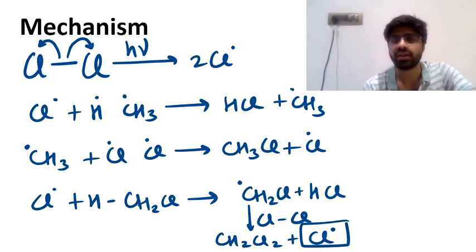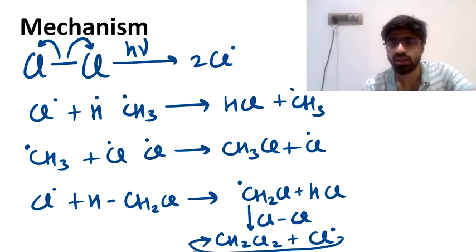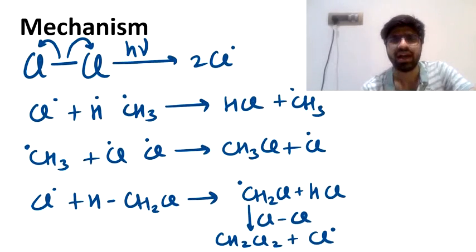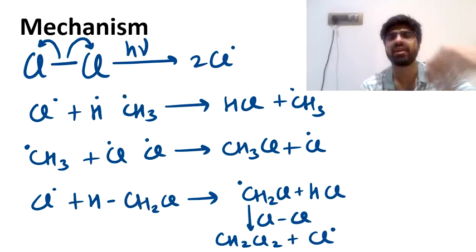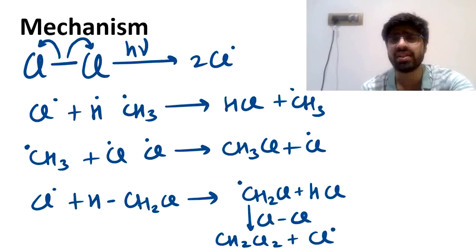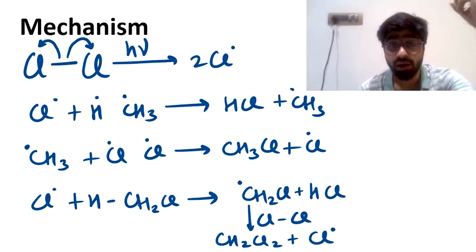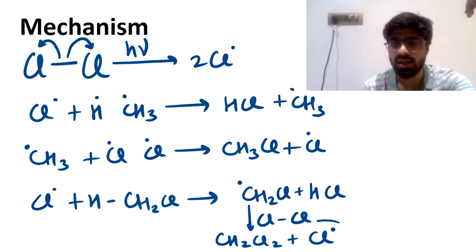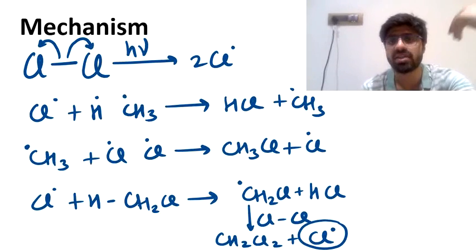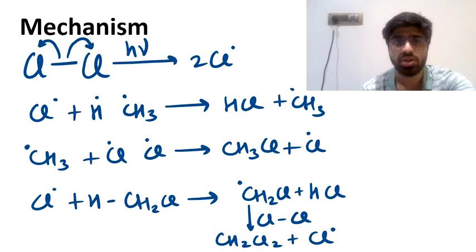This chlorine free radical has the ability of attacking the CH2Cl2 itself that is getting formed, and instead of CH2Cl2, if it wants to attack CH4, then also it can do so. If it wants to attack CH3Cl, then it can attack CH3Cl also. Basically, any of the species which has a replaceable hydrogen atom, Cl free radical can attack it. Okay, so that's the reason the reaction was proceeding up to the formation of CCl4.